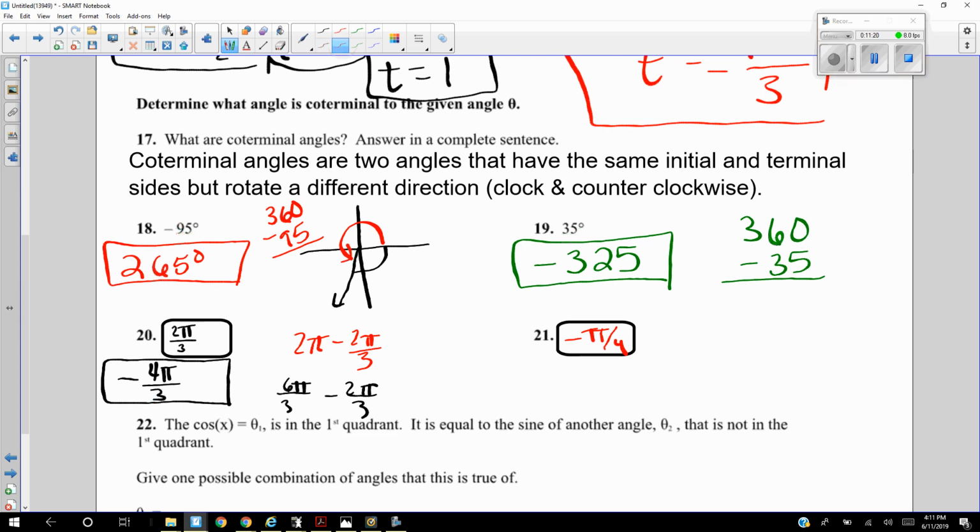And then finally, number 21, the original angle is negative, so that means the coterminal angle is going to be positive. We don't really need to write the plus sign there, but I'm going to, just in case I forget. And then we're going to take 2 pi